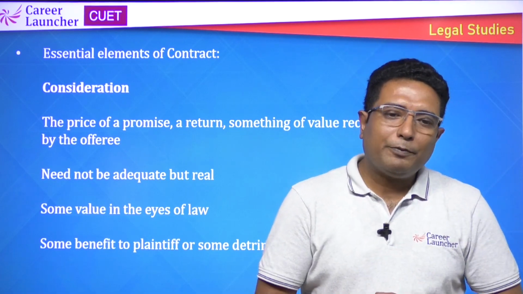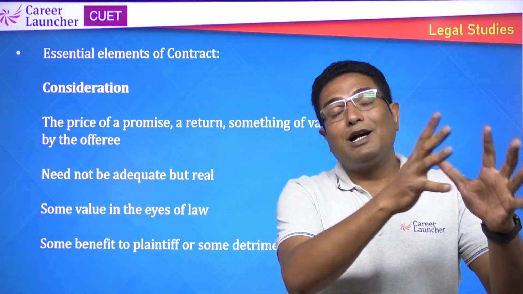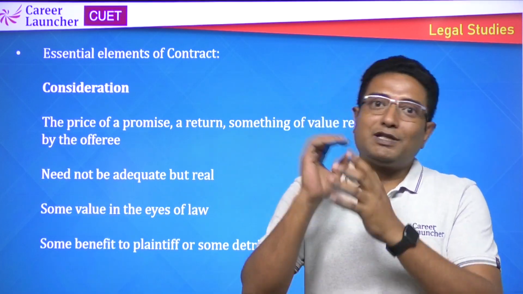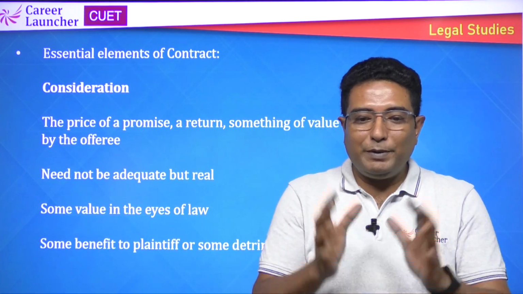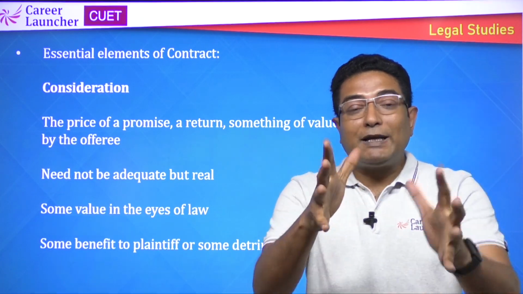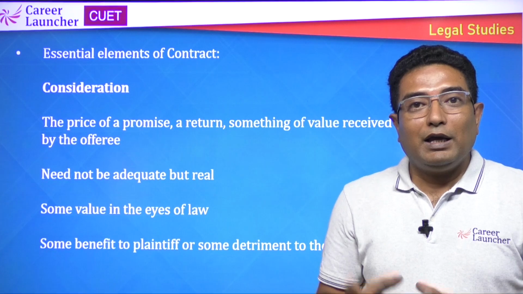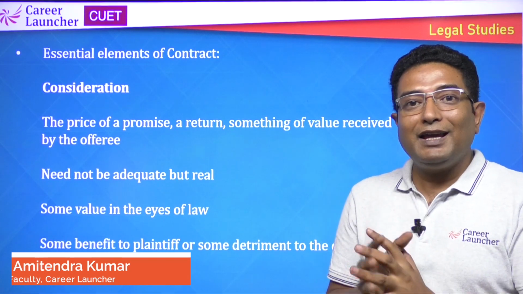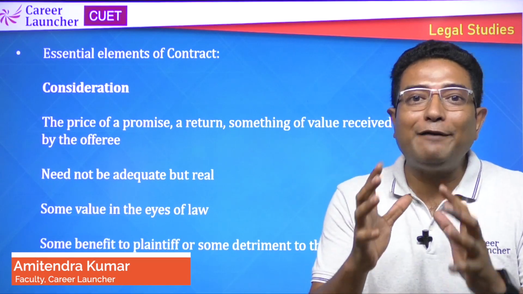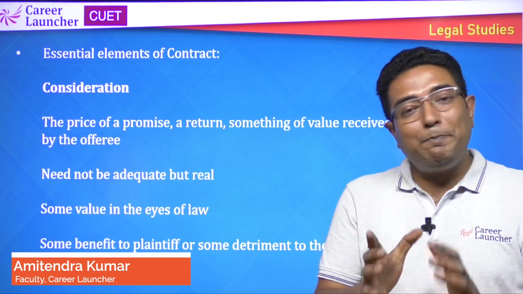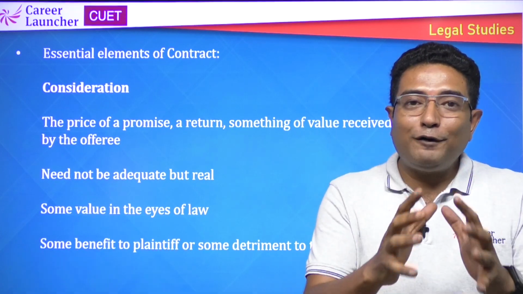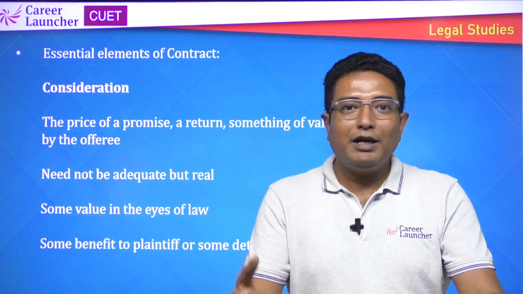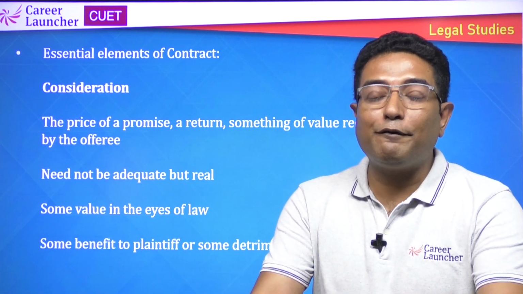Let us look at an example. A offers to sell his car for 5 lakh. The same example which we understood earlier. B accepts the offer. अब यहां पे कोई चेंज नहीं है. इसमें कंसिडरेशन क्या है बोथ पार्टीज के लिए? In this case, for A, the consideration is the car, but for B, it is the amount rupees 5 lakhs. And B accepted the offer in the same sense, car and 5 lakh rupees. So here it will make a valid contract or a valid agreement.